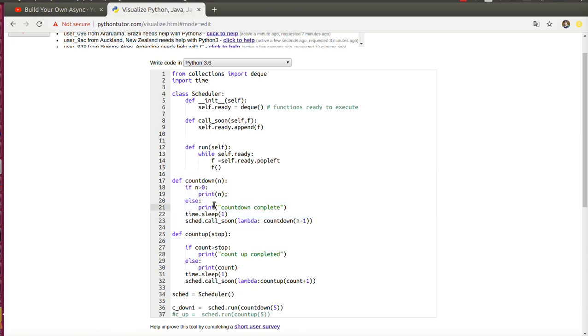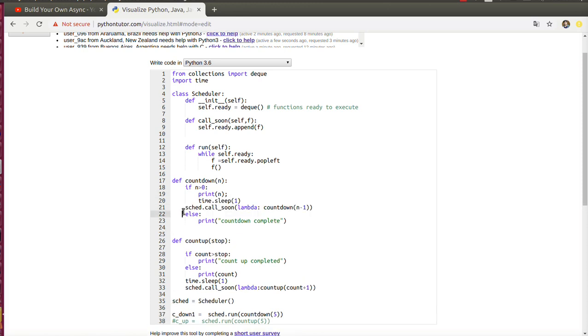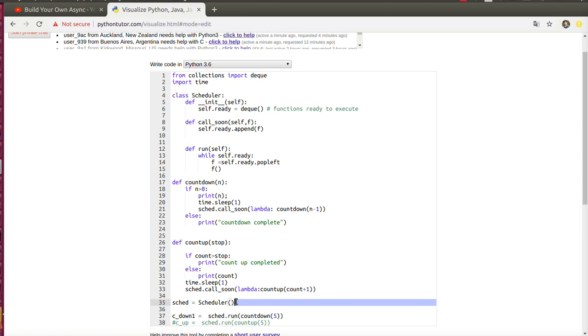In this countdown function we are passing a parameter, for example 5 here, and if 5 is greater than 0 we print it, and we sleep for 1 second and call a schedule object, which is instantiated through a scheduler class,